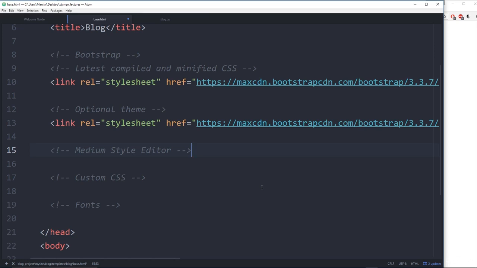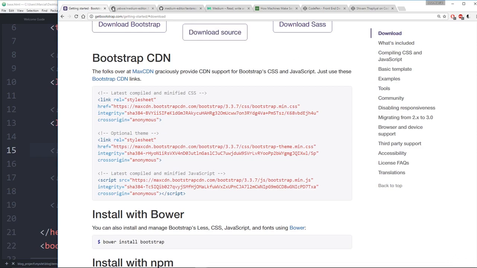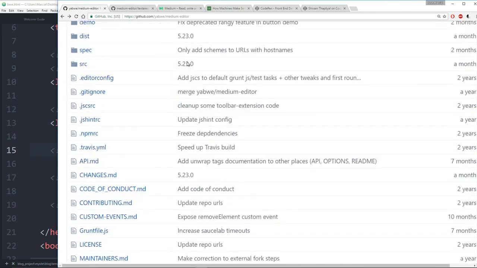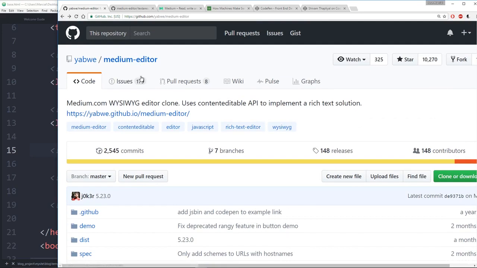So in case you're not familiar with medium.com, let me show you what that looks like, and then we'll explore some GitHub libraries that are open source for us to use to mimic this. So I'm going to hop over to my browser here and close this Get Bootstrap. And here we can see I'm at a GitHub page. If you go all the way to the top, you can check out these links, but it's just at the